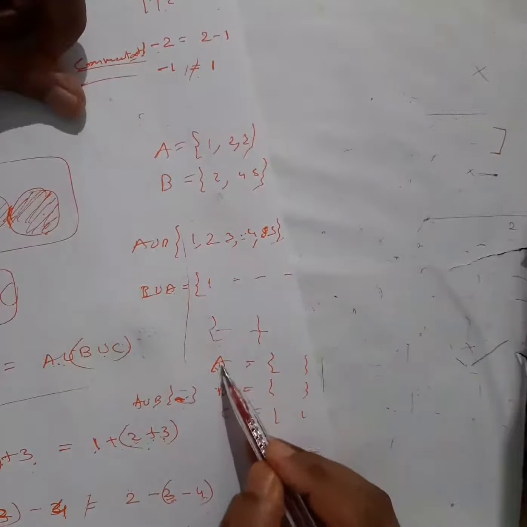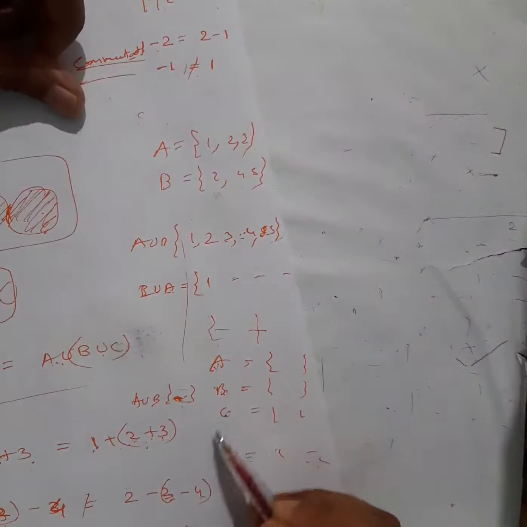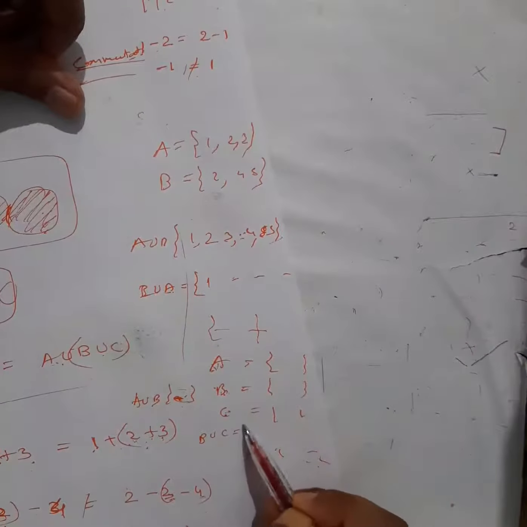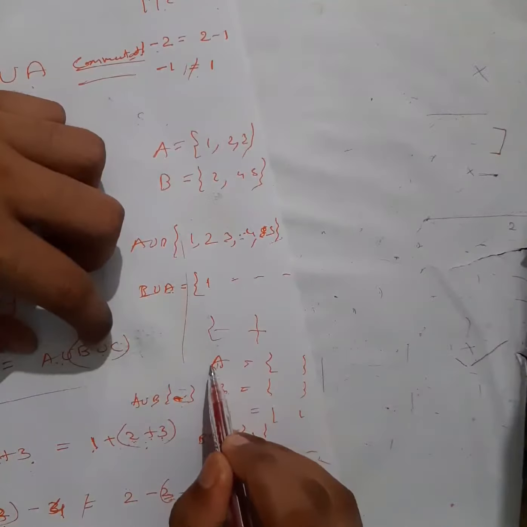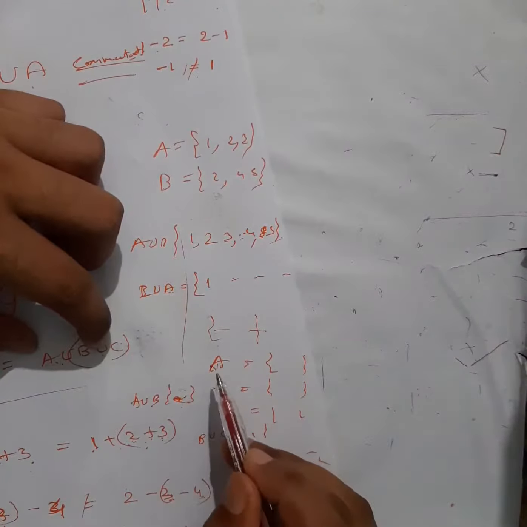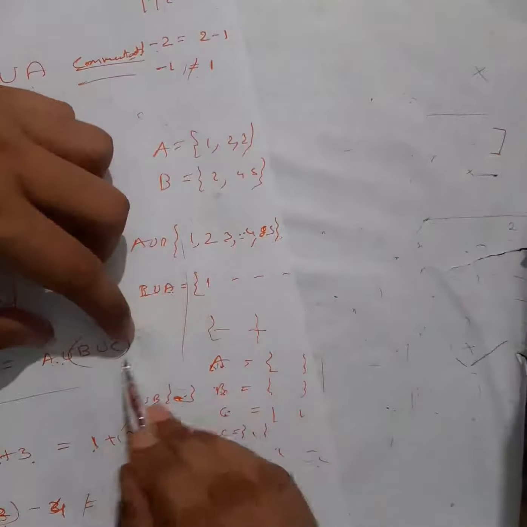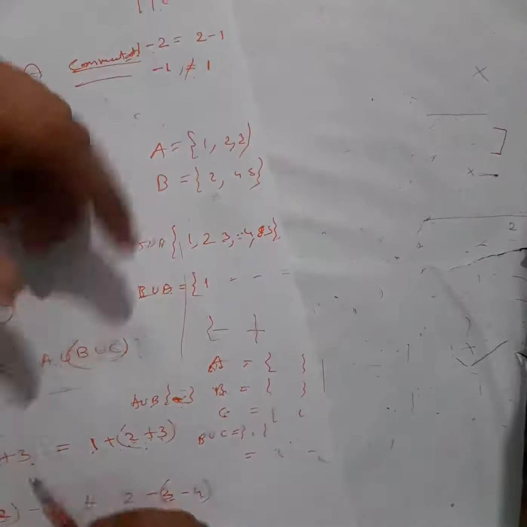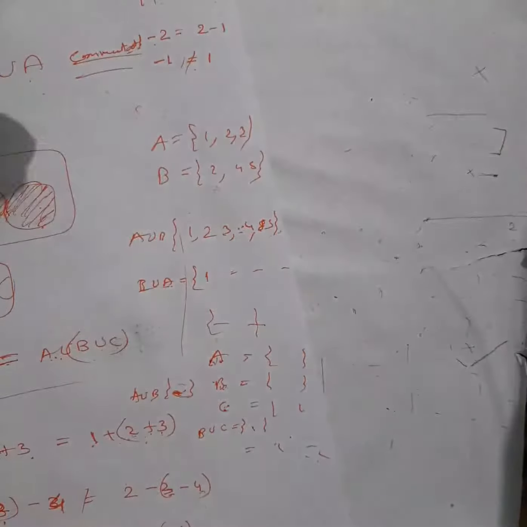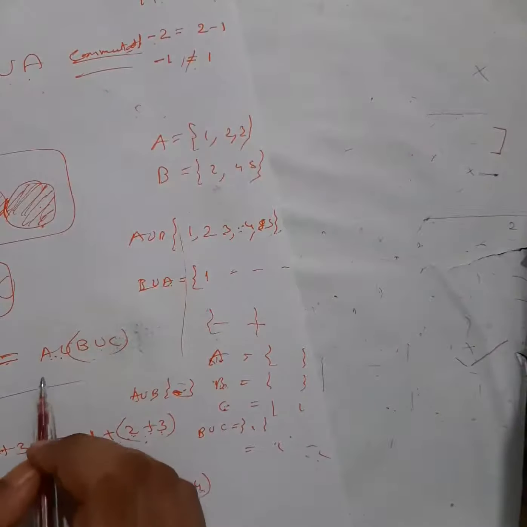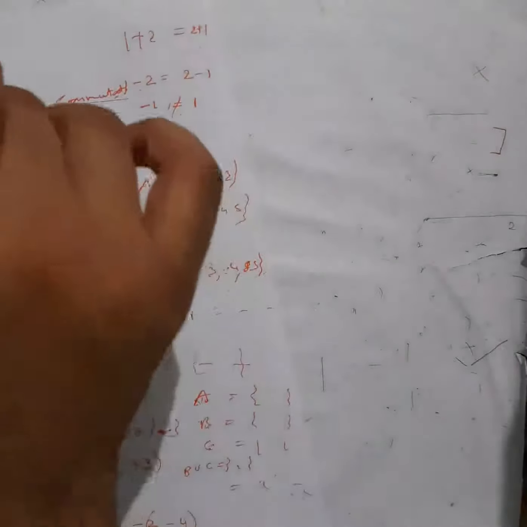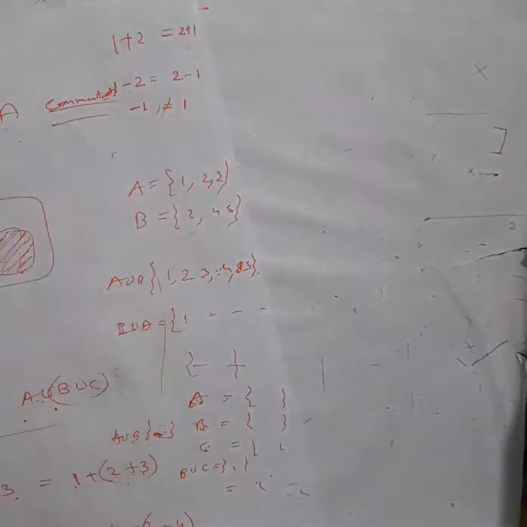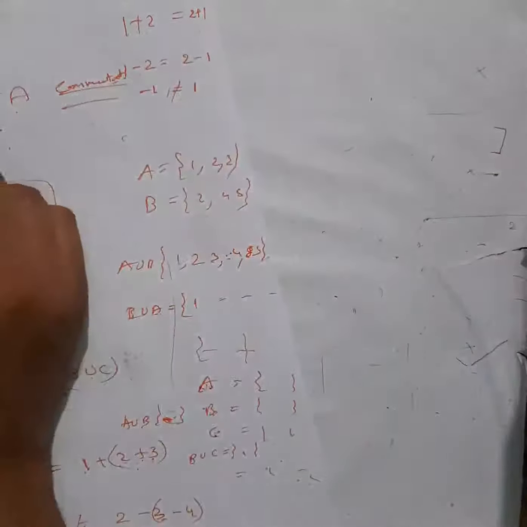Instead of finding these two first, find the union of the other two first. You will get some elements here, right? Then find the union of this with this later. Then check whether the output of this one is the same as the other. Obviously it will be the same. Check that. So it satisfies the associativity rule in union, as well as commutative, and idempotent is also there.